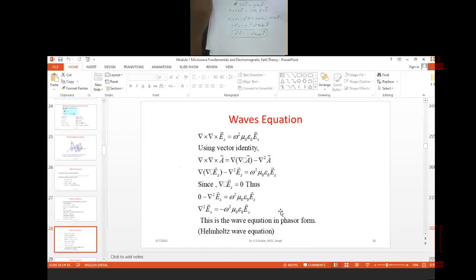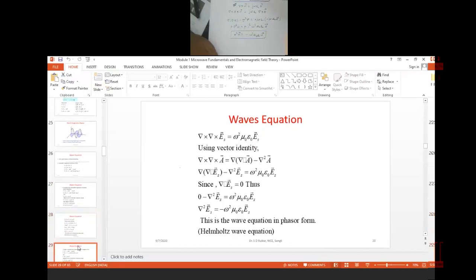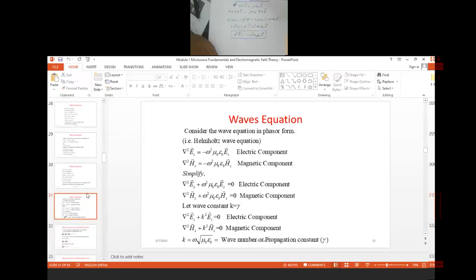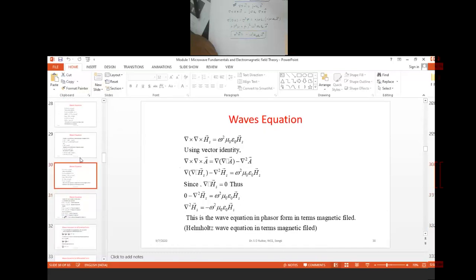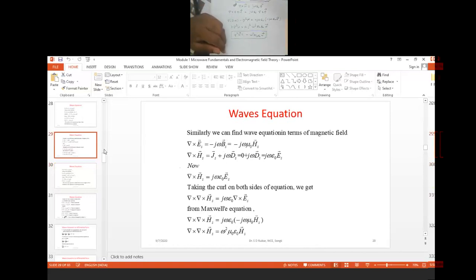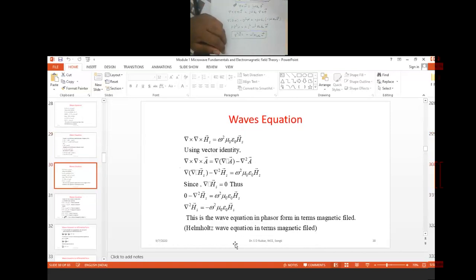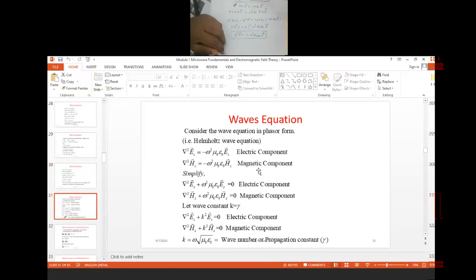Now we said earlier, okay, Maxwell's equations, why do we require Maxwell's equations? To understand how our wave is to be interpreted. So that's why we need to learn about the wave equation. This is the wave equation in terms of the electric field, and the wave equation in terms of the magnetic field we are getting. Now we need to consider the different components of the electric field. Okay, so we can write a wave equation in terms of the electric field and the magnetic field. Now this one is an interpretation of the wave equation here.